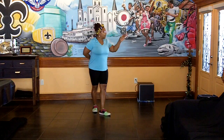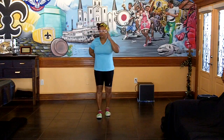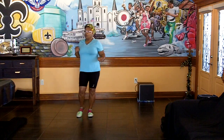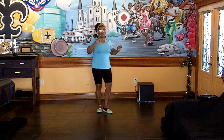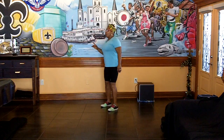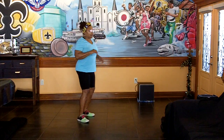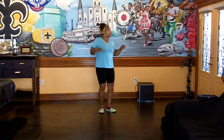You got that? And I'm back at this wall with the heel. It's only 2 parts. So, rock, recover, shuffle, rock, recover, shuffle, pivot, turn, shuffle, rock, recover, shuffle. Okay, so that's what I'm going to do. Not being too technical. Rock, recover, shuffle, quarter, rock, recover, shuffle, pivot, rock, recover, shuffle, and rock, recover, shuffle, staying